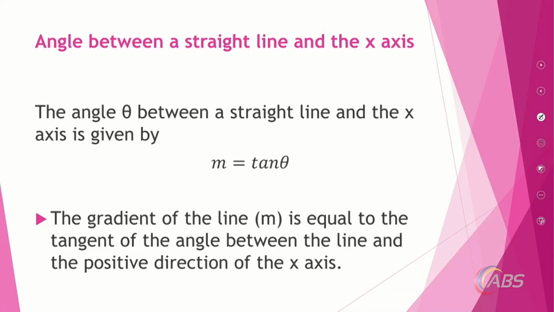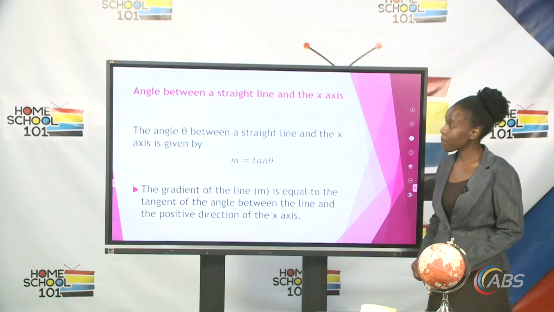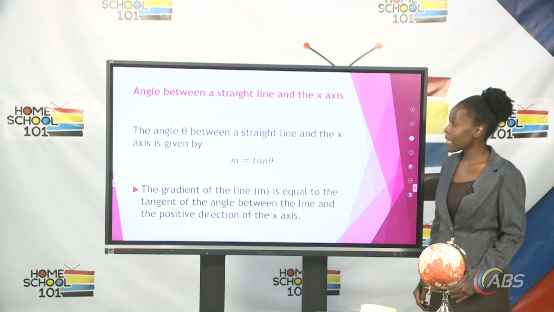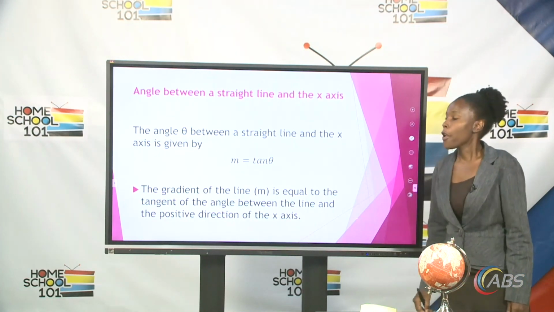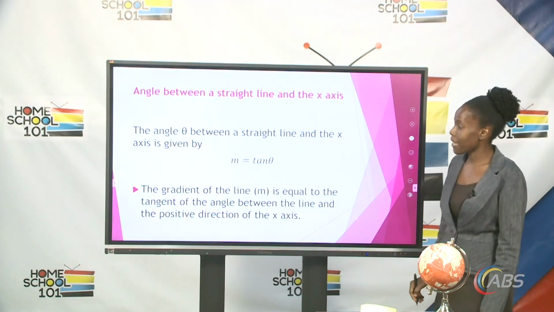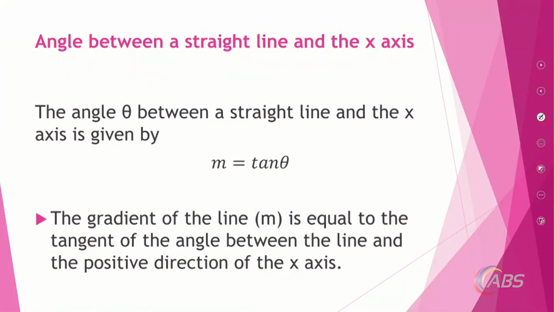And finally, we will look at the angle between a straight line and the x-axis. Now, the angle between a straight line and the x-axis is given by m is equal to tan theta. So essentially, the gradient of the line m is equal to the tangent of the angle between the line and the positive direction of the x-axis. For example, if we have,